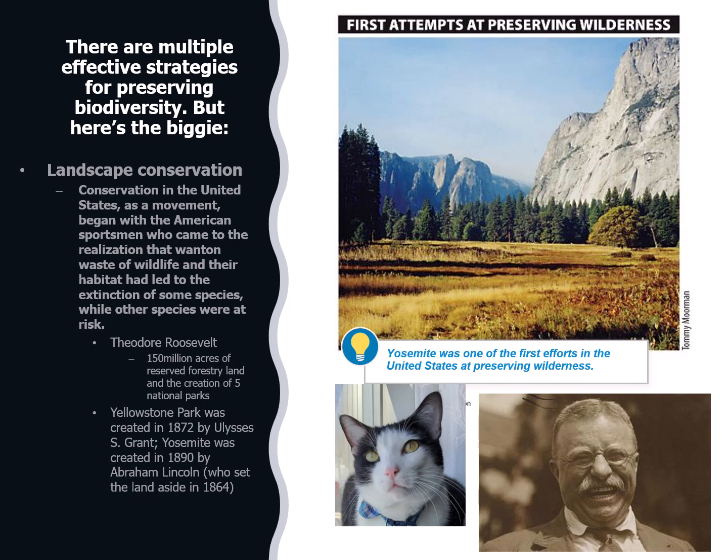So what Theodore Roosevelt did, not my cat, the president, was set aside 150 million acres of forestry and land to create 5 national parks. Now, he wasn't the first president to get the ball rolling on national parks, mind you. That was actually, I believe, Abraham Lincoln, who set aside land in 1864 that would eventually become Yosemite. Ulysses S. Grant also helped make Yellowstone a park in 1872.